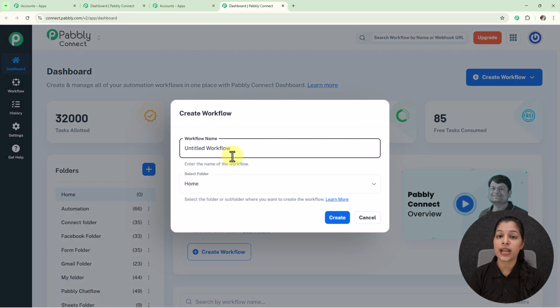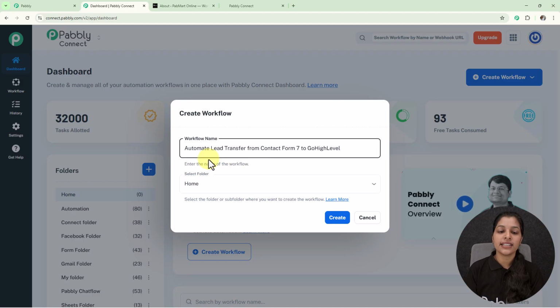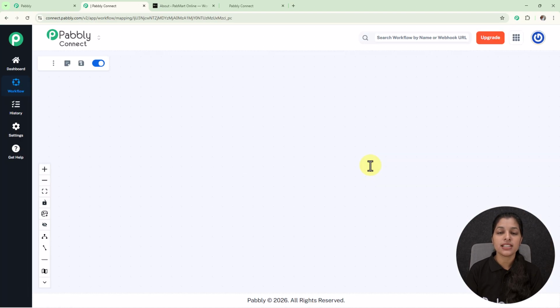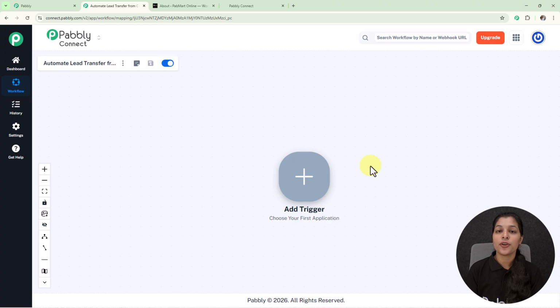which is asking me to enter my workflow name. So now let's provide a name to my workflow here. I am providing it the name automate lead transfer from Contact Form 7 to GoHighLevel, and here I am going to select my folder as automation. Now let's click over this create button, and here we have landed on our workflow page where you might see